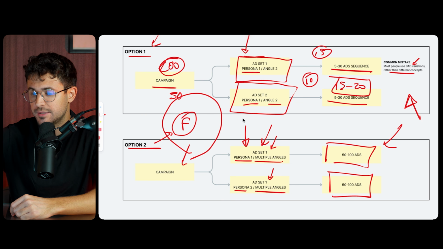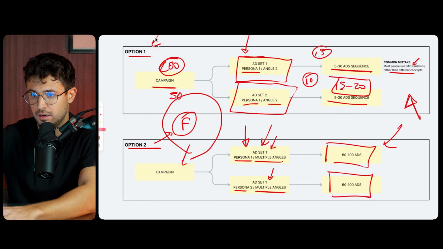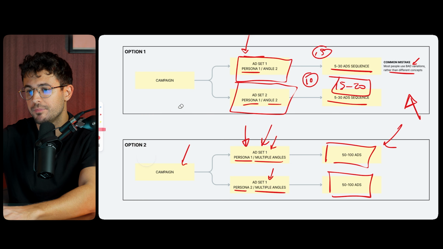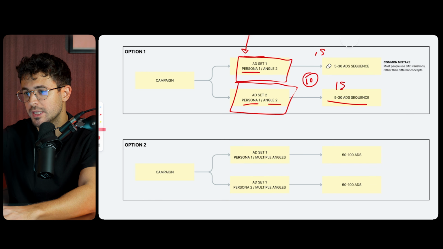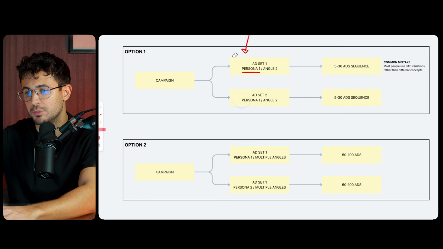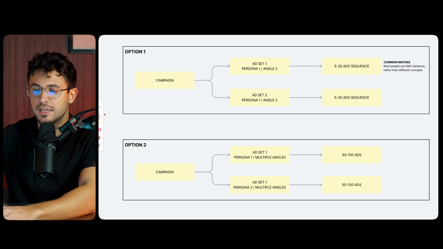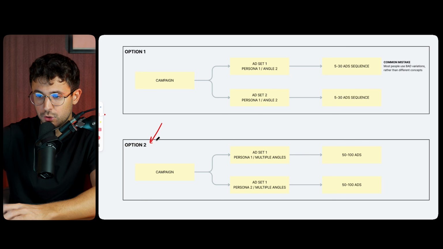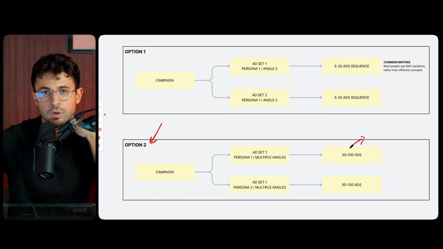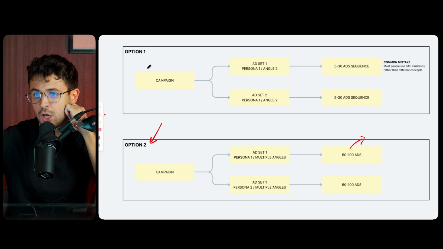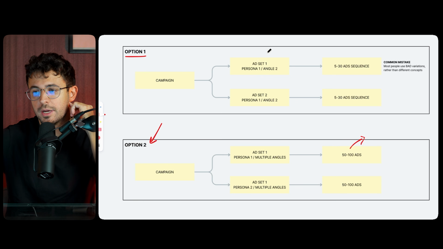Now the issue here is, let me clean this up a little bit. When you do option number 2, there is an issue, and the issue is the attribution, okay? What that basically means is that in option number 2, you should turn off the ads, because you have a lot of ads. In option number 1, you can turn off the ad set. Now, why am I saying this? Because